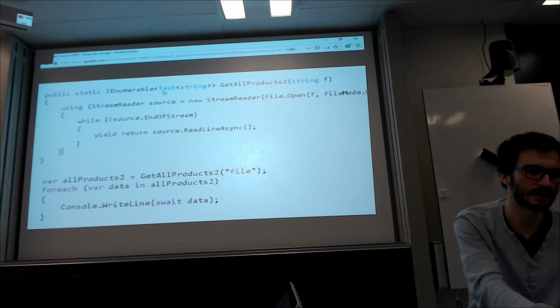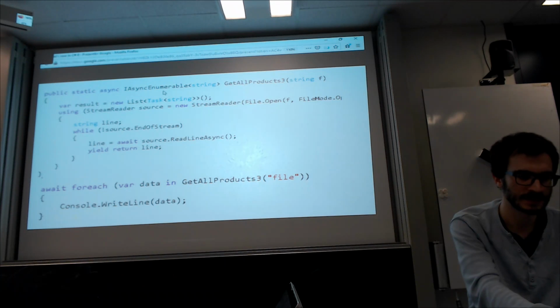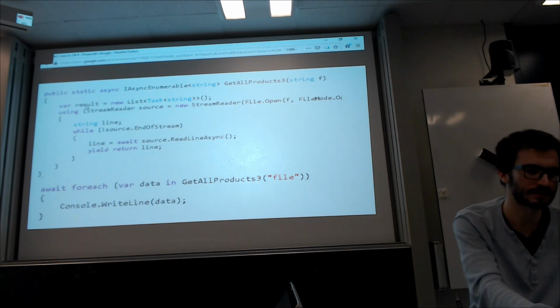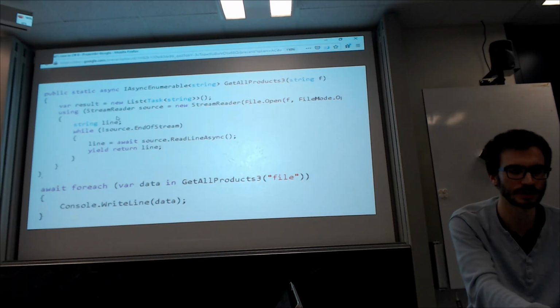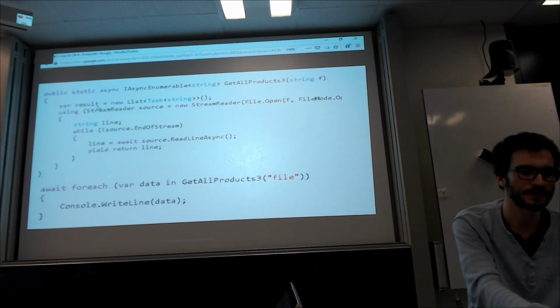And what this code becomes in C# 8: you can ignore the result because it's not used. I didn't update the screenshot, sorry. So the result is not used anymore. The return type is IAsyncEnumerable. This type comes with the common language runtime, and it's not supported in .NET Framework 4.8. And now you can just specify, okay, this method is async, and it returns an async enumerable of string,